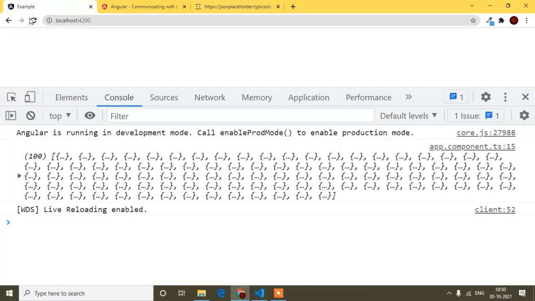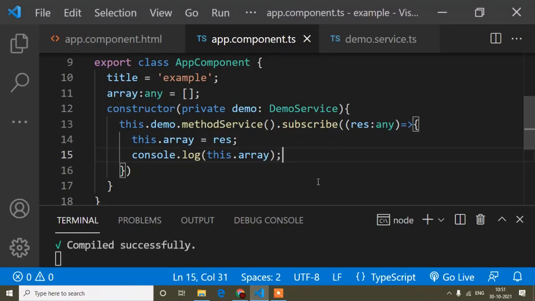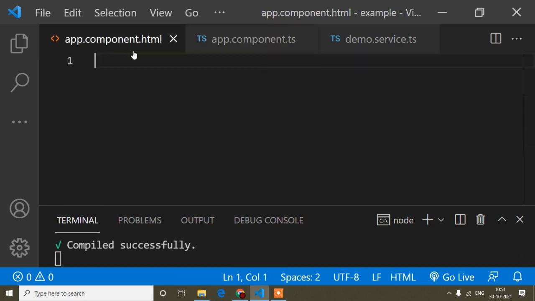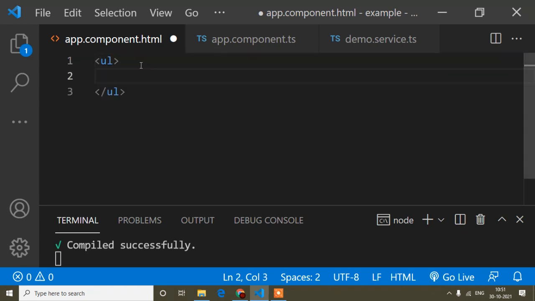Now you can see it's reloaded and I'm getting the data. That means you can hit the get request through this service. Now if you want to display the output, here I will write UL again, and in the same way *ngFor let ARR, you can write any variable name instead of ARR, and then off.